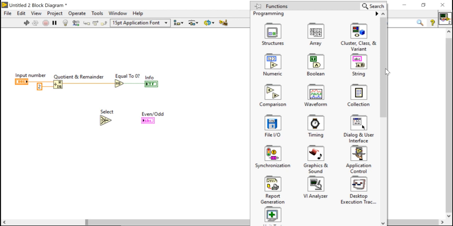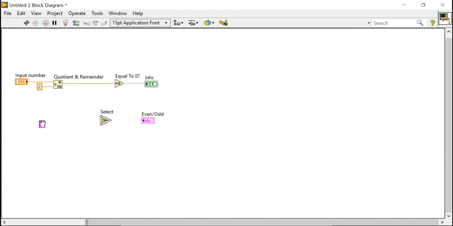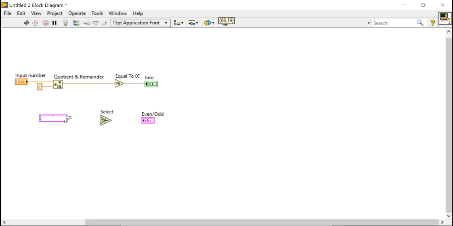Again right click in the block diagram, come to the string palette, and take the first column, second last, string constant. As 2 is a numeric constant, similarly we are taking a string constant. Place it here and write even number. You can copy and paste and write odd number.